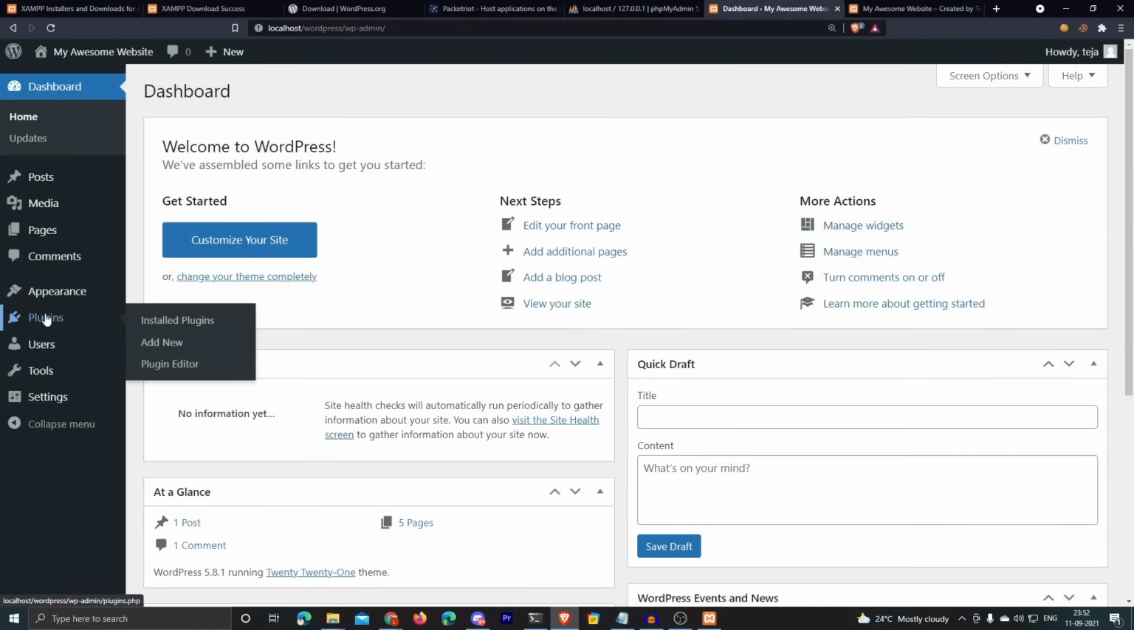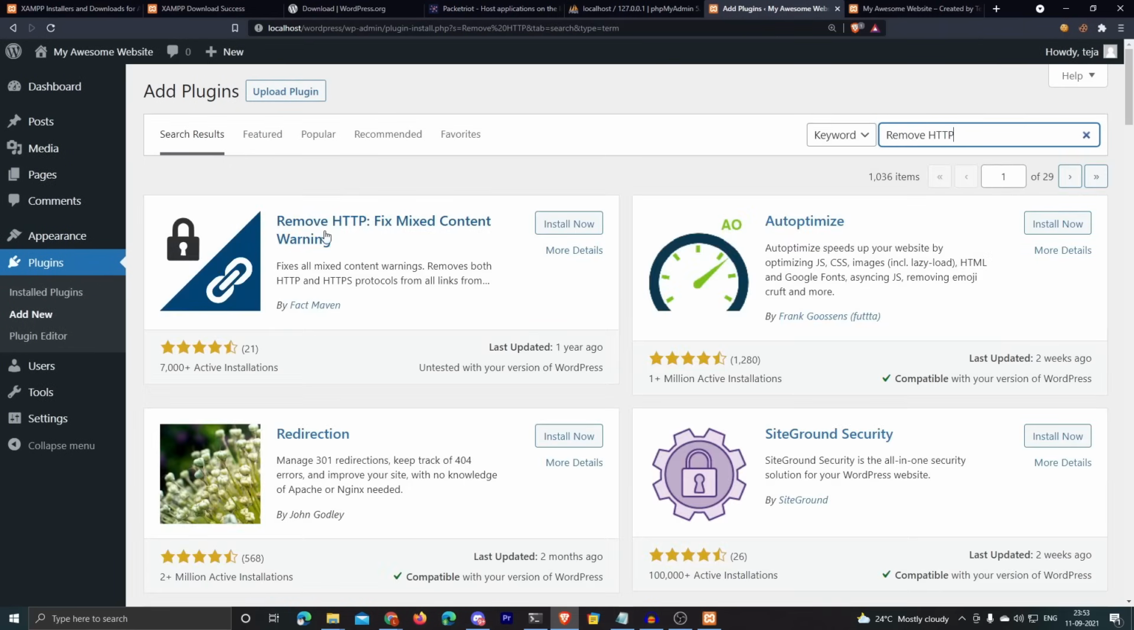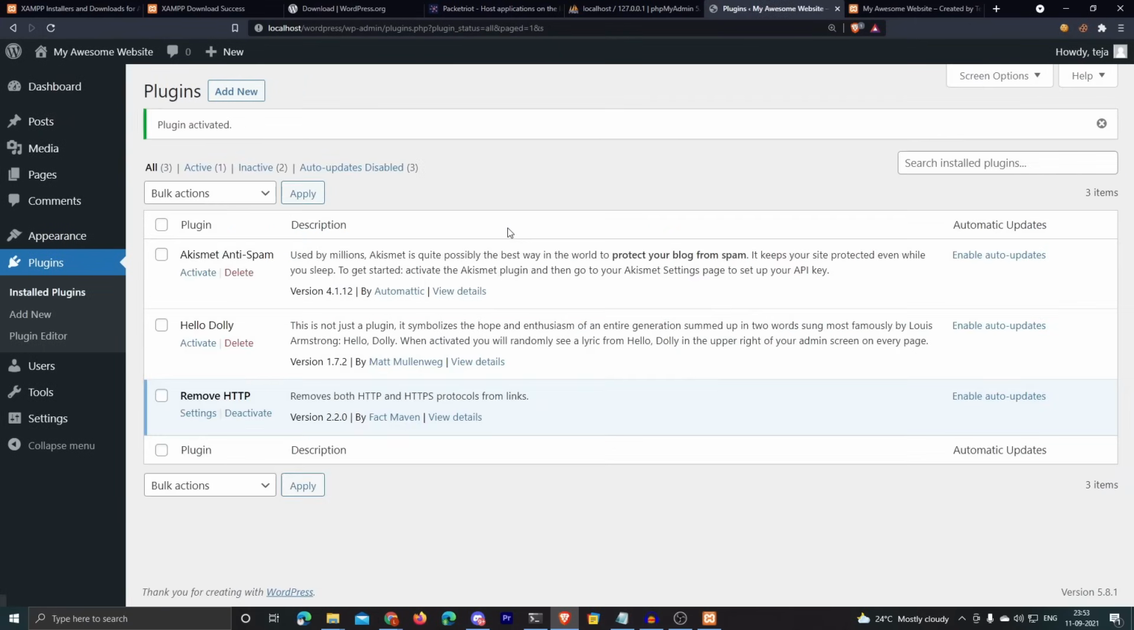to install a plugin. So just go to plugins, click on add new, and search for a plugin called Remove HTTP. So this is the plugin that you have to install. It goes like Remove HTTP Fix Mixed Content Warning. Now it's essential that you install this plugin, because if you don't install it, you're going to face some issues later. So just click on Install Now and click on Activate, which is going to activate this plugin on your